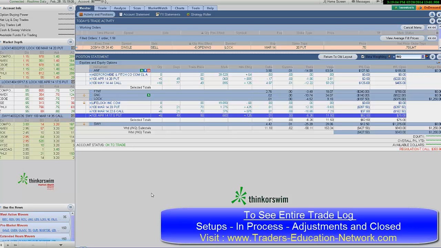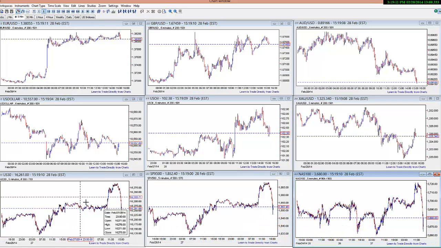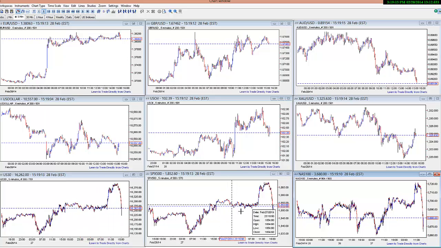TradersEducationNetwork.com. Tune in to see how we closed out the day, as the market just seems to be really, notice how we pulled back right to the support resistance zone on all the indexes, and so we'll see how we